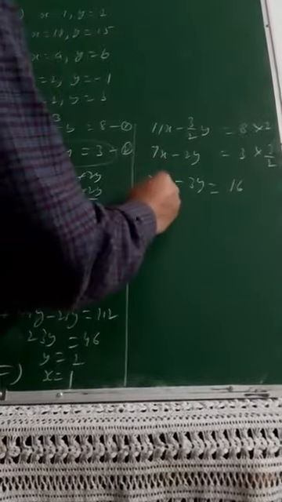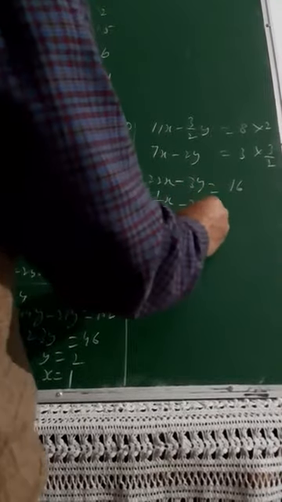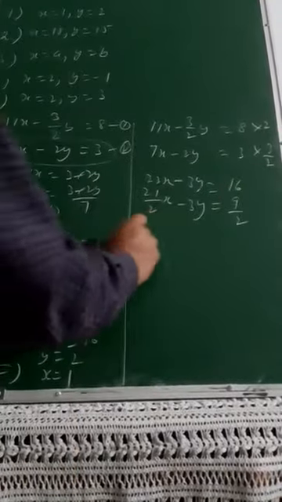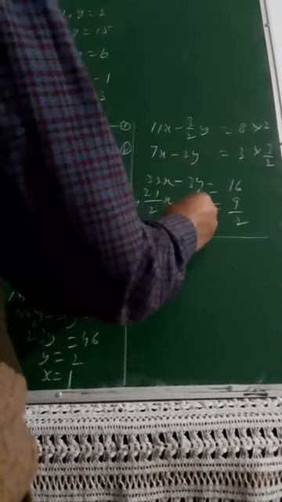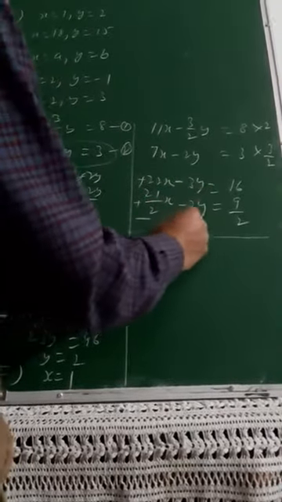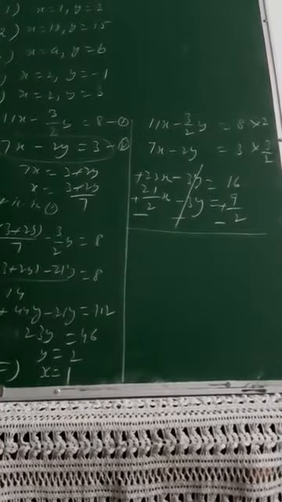7 3s are 21, so 21 upon 2x. Again 2 will go off, I will be left with what? Only minus 3y. And 3 into 3 by 2 will make it what? 9 by 2. And now I need to subtract because both are carrying the negative signs which I want to eliminate. So as soon as you subtract, you have to change the signs and then this is gone.